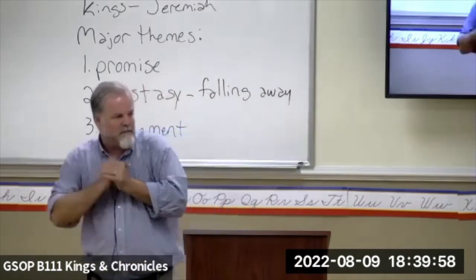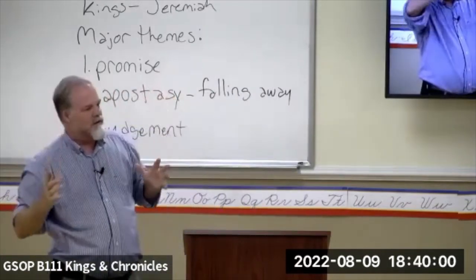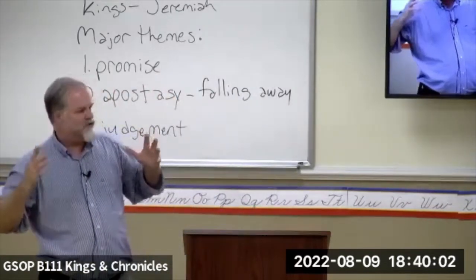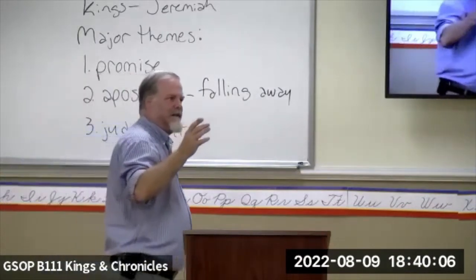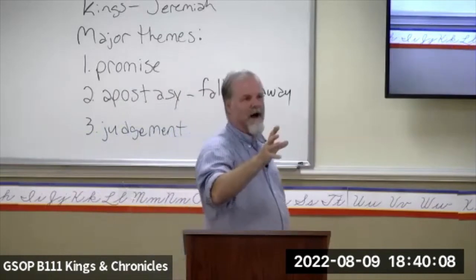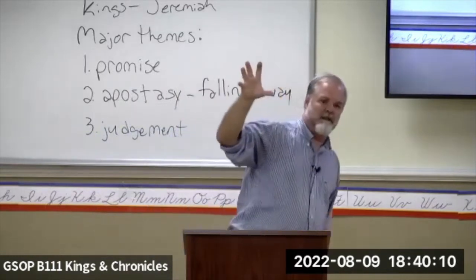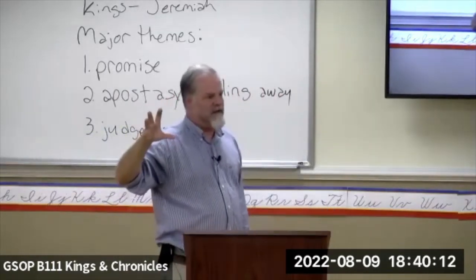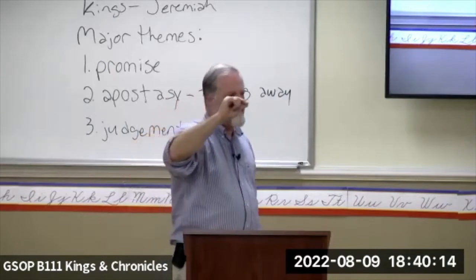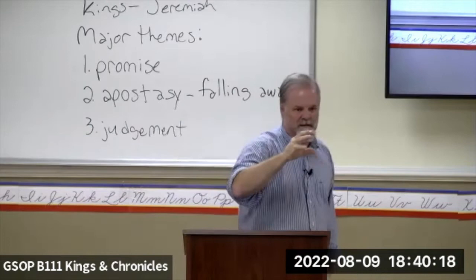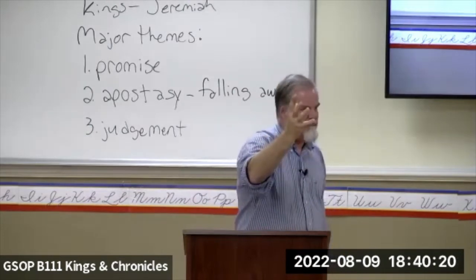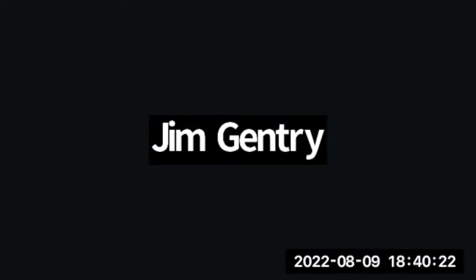What was the major concern? What was the final straw that caused God to allow first the Assyrians and then the Babylonians to take away the kingdoms? What was the problem? The biggest problem, I don't want to say the worst sin, but it's the most predominant sin. It was what? It was idolatry. That was the problem.